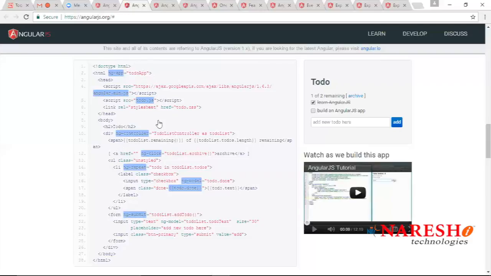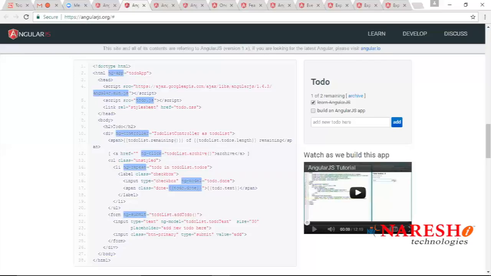No doubt we can use AngularJS files in Eclipse and NetBeans also, but we have to give a clear idea of file reading, that is, the address location. So we have to give that. That is one thing. And coming back to